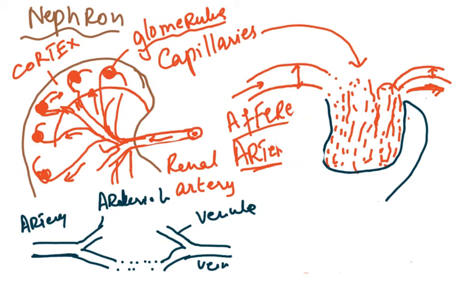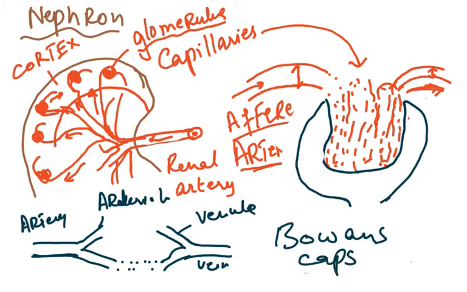And this capsule around it is called the Bowman's capsule. So this part is going to be called the Bowman's capsule. And what we have to understand is that this Bowman's capsule is actually to receive, because what is going to happen here is